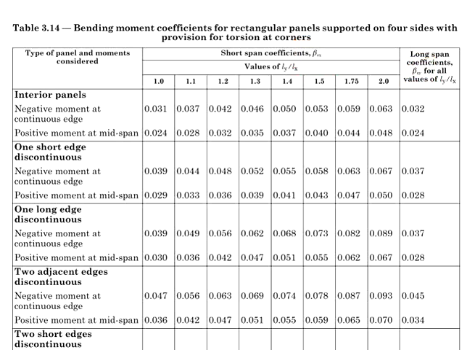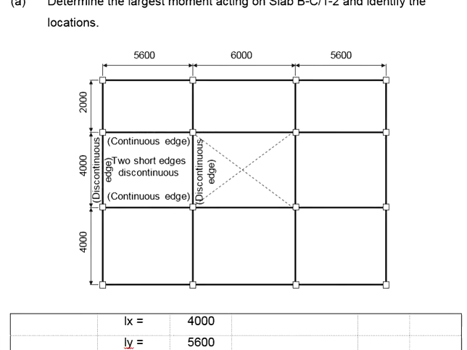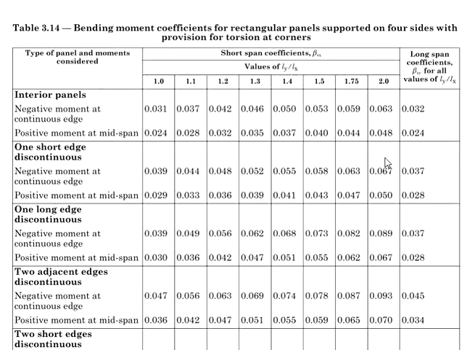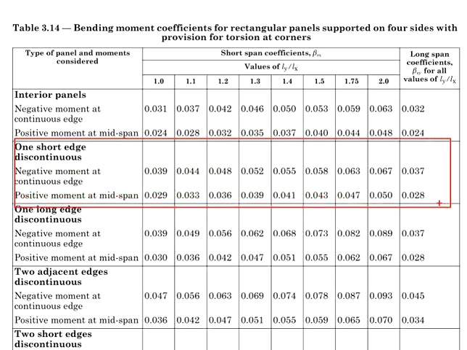Under such circumstances, don't panic. First, in order for you to know where the coefficient should be placed, you can mimic the layout of the slab. Use the same dimensions for that particular slab that you are designing, and then preset the conditions as is, whether it is two short edges discontinuous or two long edges discontinuous. Then you do the same process, identifying where the continuous and the discontinuous edges are. Is it in the shorter span or the longer span? Once you have concluded which coefficients go for which edge, then you use back the coefficients given in that particular